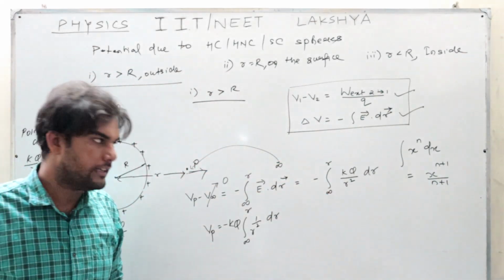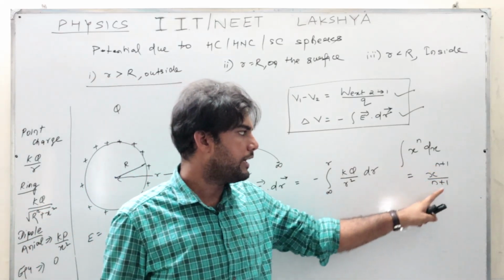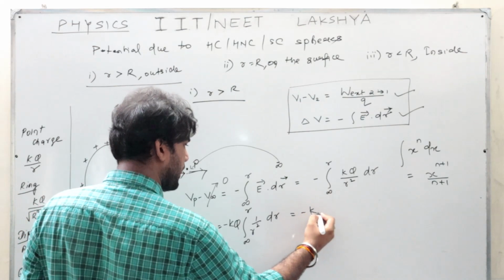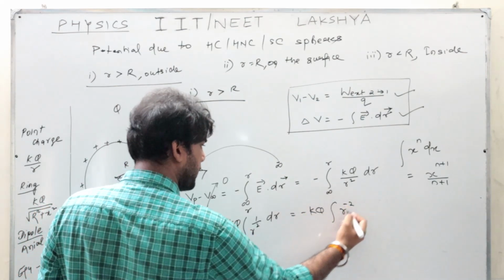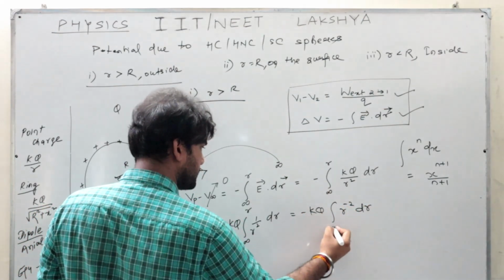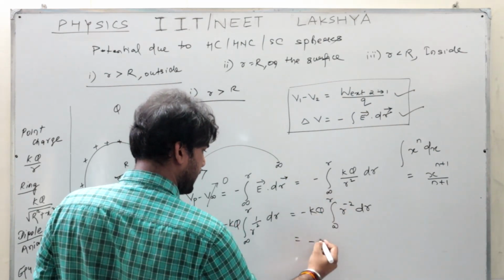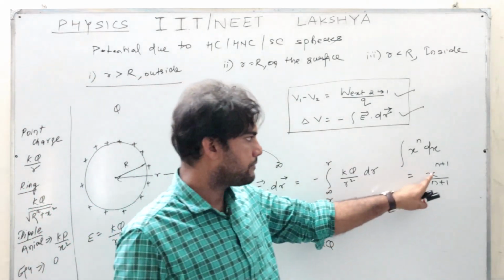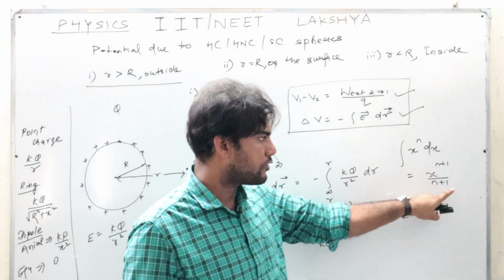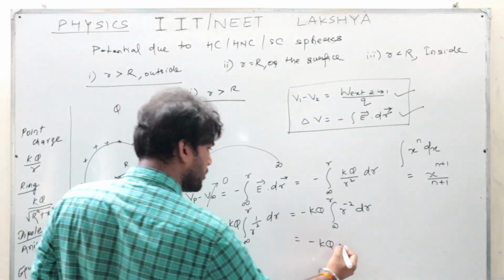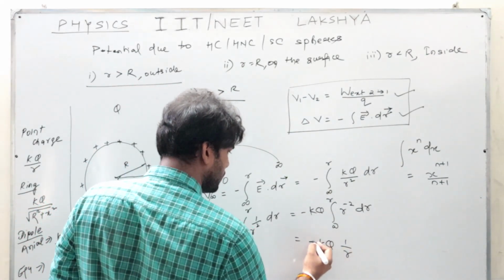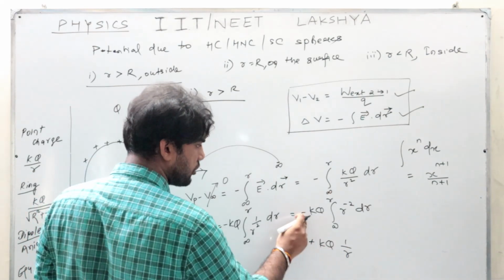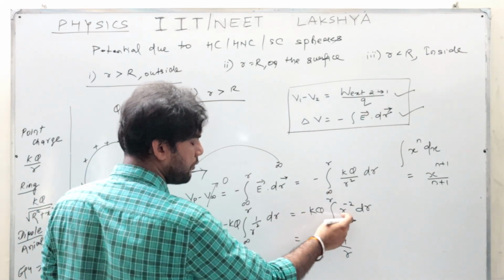Integral of x to the power n is x to the power n plus 1 upon n plus 1. So this 1 by r square, what is 1 by r square? 1 by r square is r to the power minus 2 dr. So I am writing the integration of r to the power minus 2. So r to the power minus 2 plus 1 upon minus 2 plus 1. So that will become how much? Minus of 1 by r. Minus minus will cancel and become plus, because already a minus was there, and this integration will become minus 1 by r.